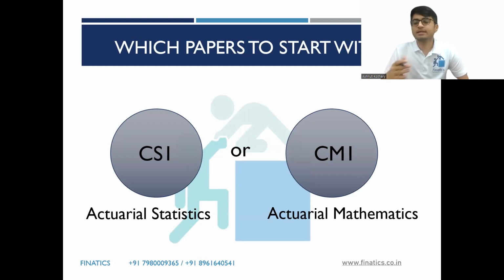Somebody who is in class 11 or class 12 and is not very sure whether they will be able to understand the concepts of maths by themselves might start with CB1 or CB2. So these are generally the first 4 papers one could start with. Depending on your academic background, the time remaining towards examinations, and the time you can devote, keeping in mind your other time commitments, you need to make a decision.